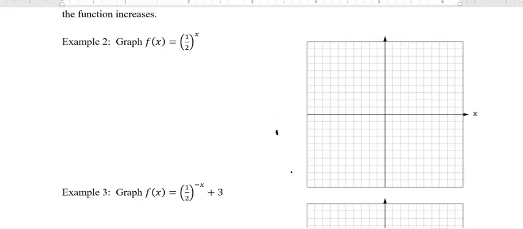But it's important to note that there's an exponent property. You've got to really know your exponent properties. Any base to a negative number is the same as 1 over that base to the positive. Okay, so I picked 1/2 to the x for the example for base less than 1,